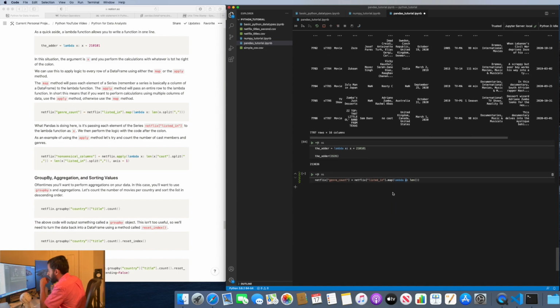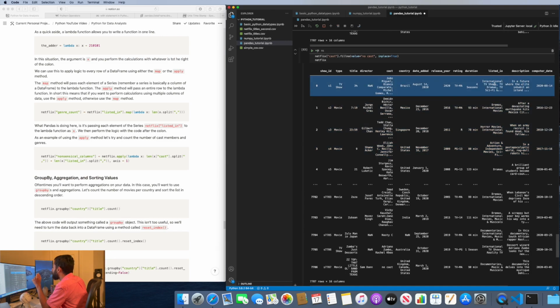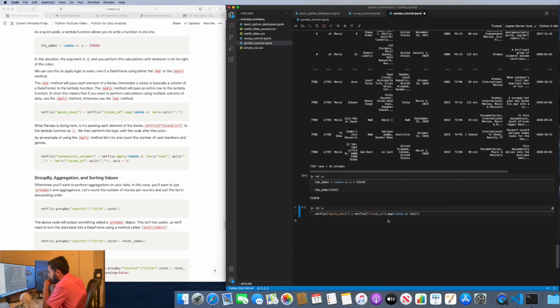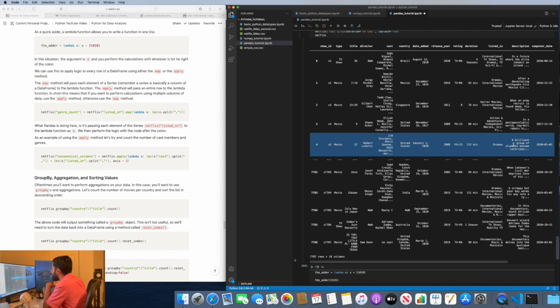So x in this situation, what Pandas is going to do is it's going to take the Netflix listed in column, and this map function is going to pass in every element of the series one by one. So give this first, then give this, then give this. So what it's saying here is Netflix listed in dot map lambda x. So x is going to be each of these